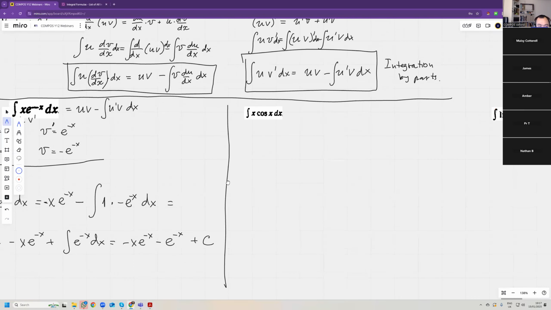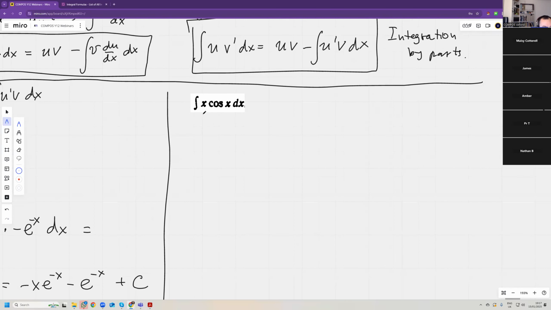Okay, second one. We need to decide what is u, which is v. I'm going to say that x is u again, and cos is v dash. So u is equal to x. That means u dash is 1. V dash is cos x. So that means v is sine x. So that's equal to uv, which is x sine x. So that's uv minus the integral of u dash v dx. So minus